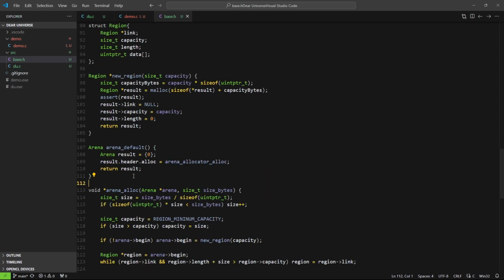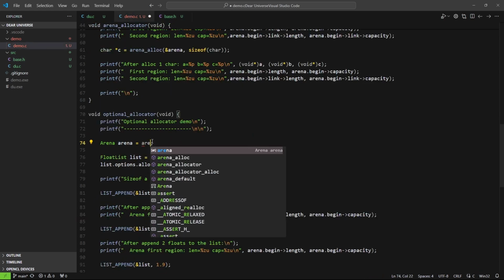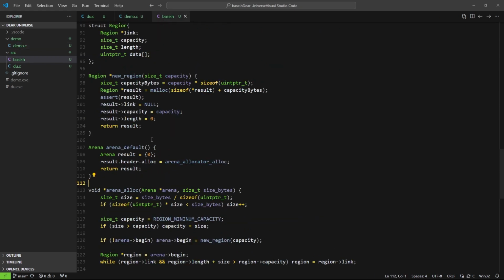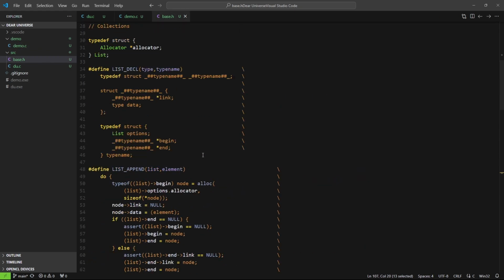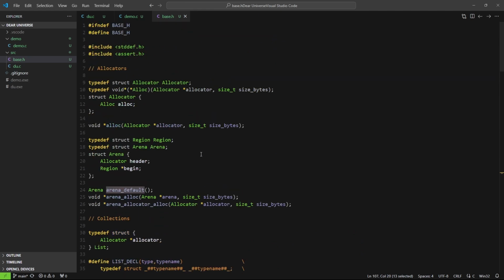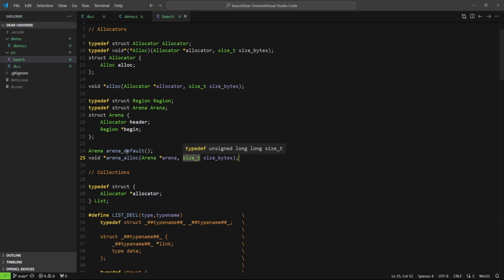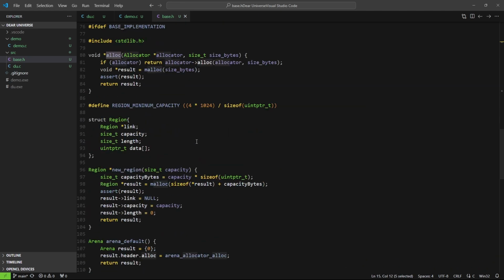Right, so this is the default arena, and now I can simply say arena default, and since I did this, I can probably remove this from the header implementation, the header definition, the declaration, right? So I only have arena default, arena alloc, and the generic alloc that accepts an allocator,